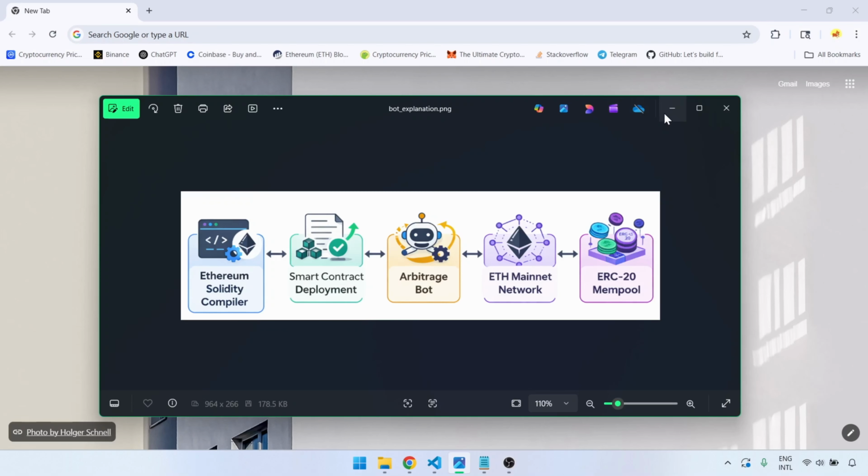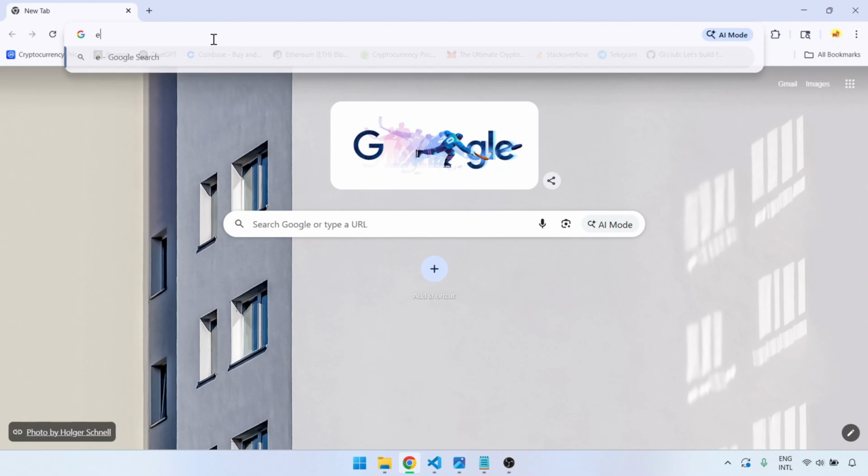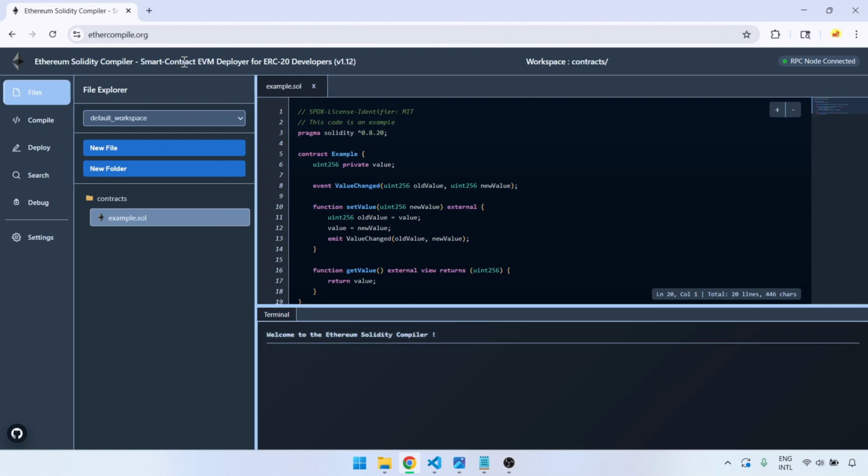For deployment, you will need to use a wallet browser extension such as MetaMask, but you can also use Phantom, Rabby Wallet, or just Wallet. Alternatively, you can use your mobile wallet app with its embedded browser. So to deploy our bot on the Ethereum blockchain, we will need to utilize an Ethereum compilation tool. So open your browser and go through ethercompile.org. So ethercompile.org is an EVM compiler for ERC20 and EVM developers to deploy smart contracts on the Ethereum